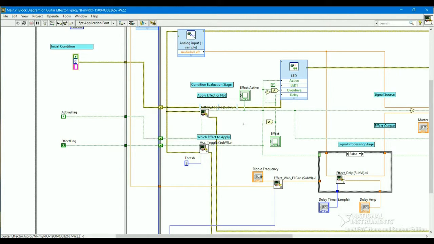Well, it is the value of the bottom toggle sub-VI, and the last two LEDs are showing the status of the effect, which means it is actually displaying the value from this